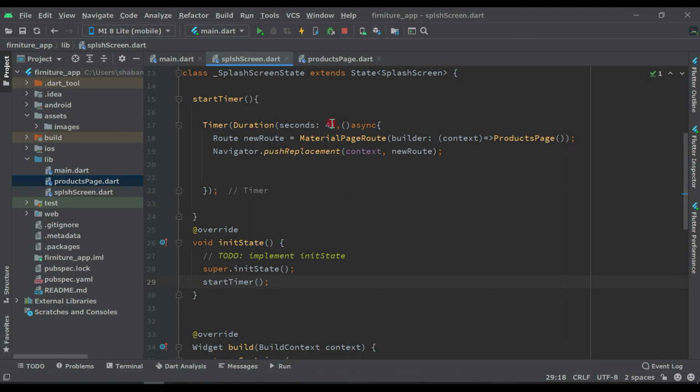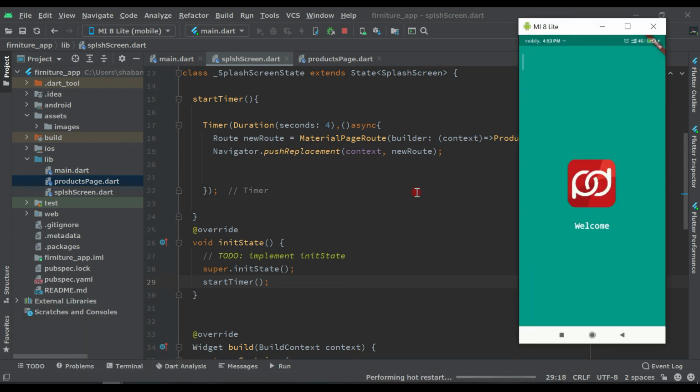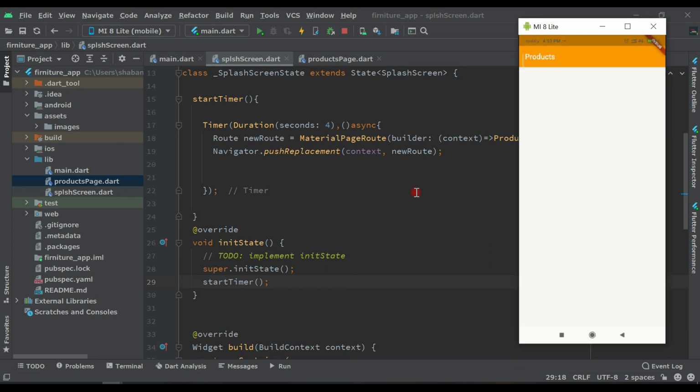Now let's restart our application. And now after 4 seconds it will go to the product page. You can see now after 4 seconds we are on our product page.